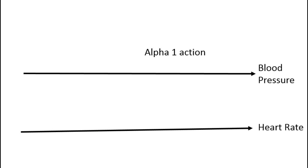First, let's discuss the effects of sympathetic receptors on the blood pressure and the heart rate. Alpha-1 receptor action. So whenever alpha-1 receptor is activated, that would lead to increase in the blood pressure. So the blood pressure is above the baseline and there is increase in it. This is all because alpha-1 receptor causes vasoconstriction and thereby increases the peripheral vascular resistance and shoots up the